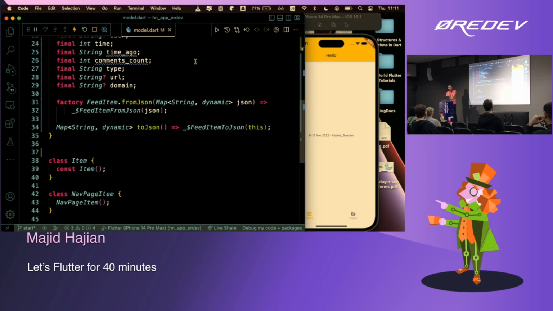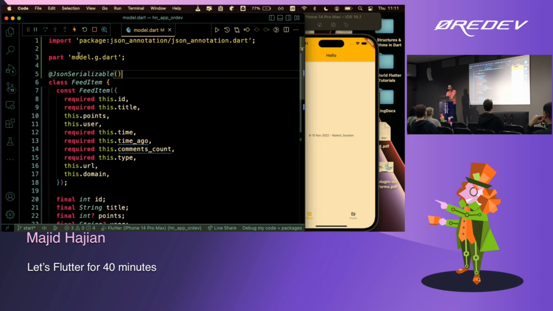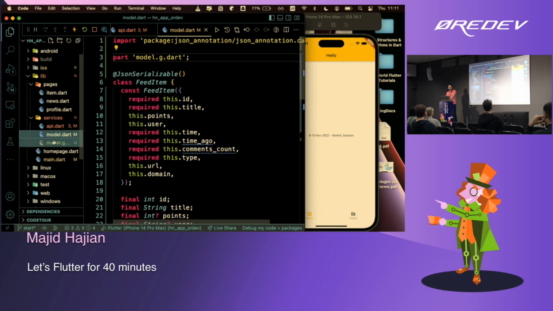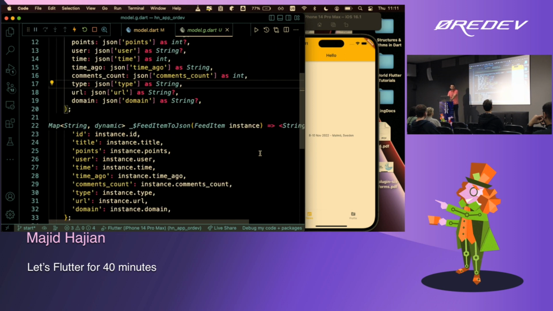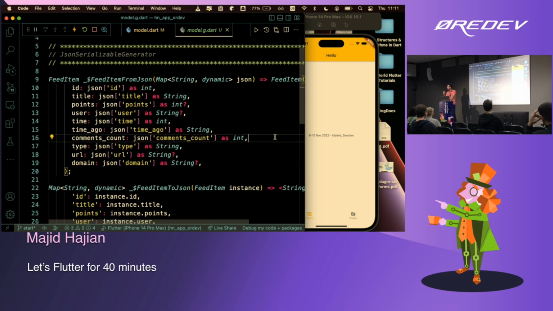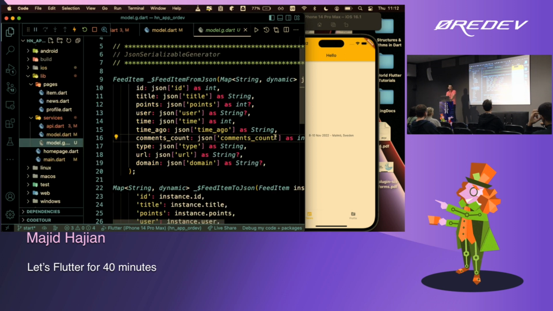Okay, now if you look at this, the problem here is solved, and I also have this file generated. Let's take a look at the generated file. What we wanted to do manually, assigning the variables from JSON to these arguments, is already done by the code generation, and it's already taking care of the null safety part of it. So that's pretty much it. Every time you change something in this model, you need to run build runner, and you're done. This is, again, 10% more of Dart and Flutter. You see that quite a lot.